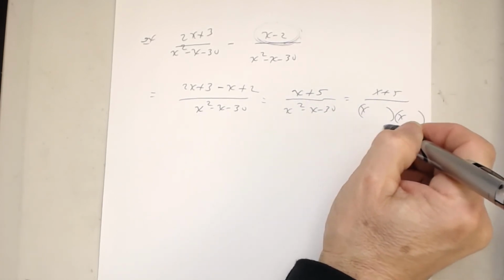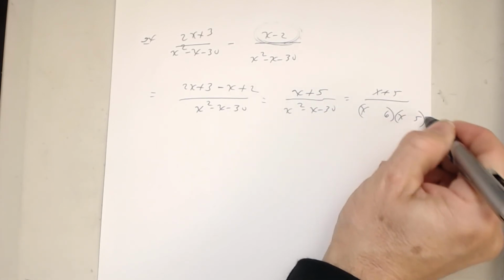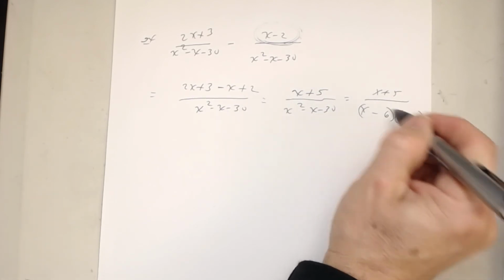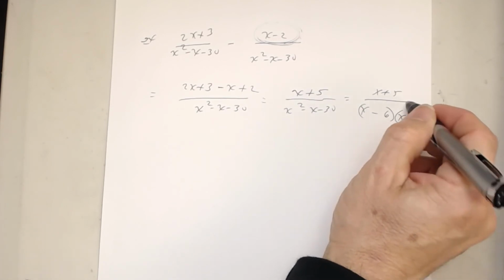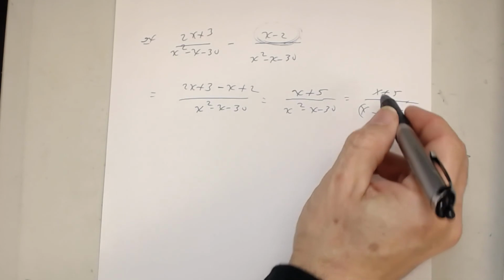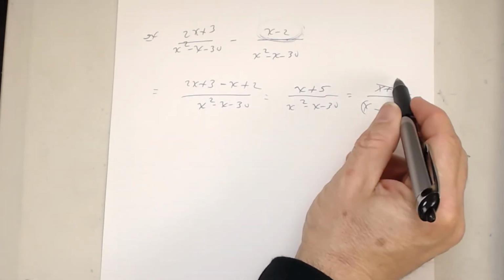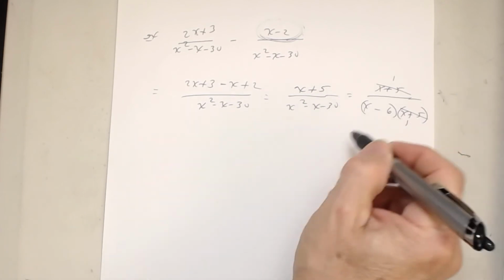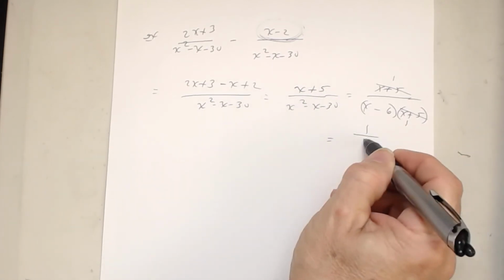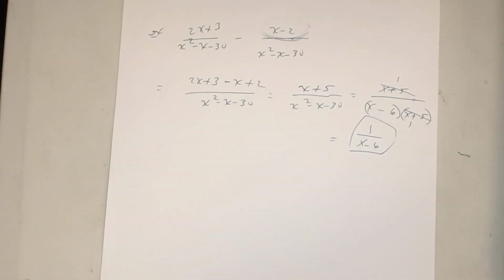x, x, 5 and 6, 6 has to be negative, 5 has to be positive. And what do you notice? The x plus 5 divides out. Now, don't just cross them out like this. You've got to put what's in their places: 1. And so what's the answer? 1 over x minus 6. Okay, so that's all stuff we talked about last class period that you're going to need in the